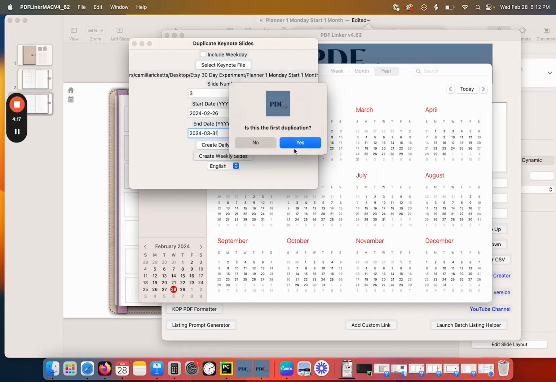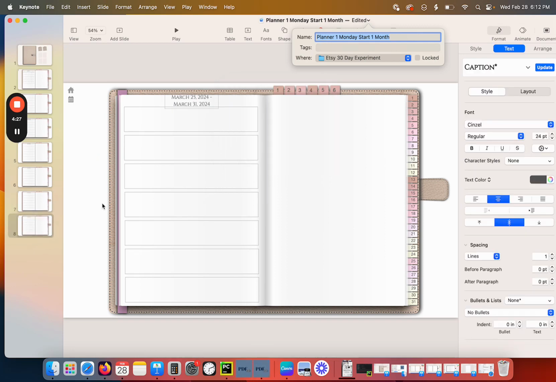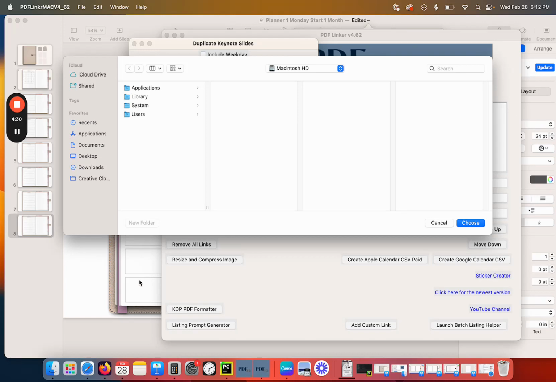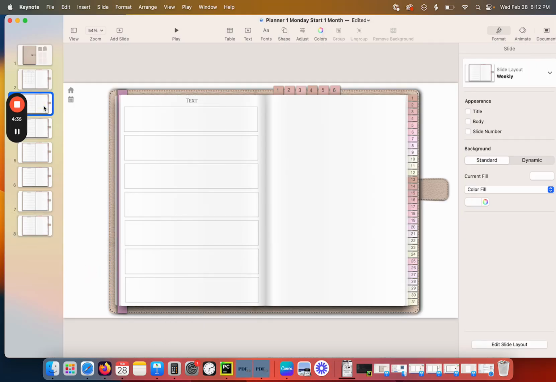And we're going to create the weekly slides. Is it the first duplication? Yes, it is, because then I'm going to delete that placeholder slide. And it is done. And let's just take a look. I'm going to go back and fix this because I don't like the way that date is laid out. So let's look at the last one. Yep. That is fine. So let's delete